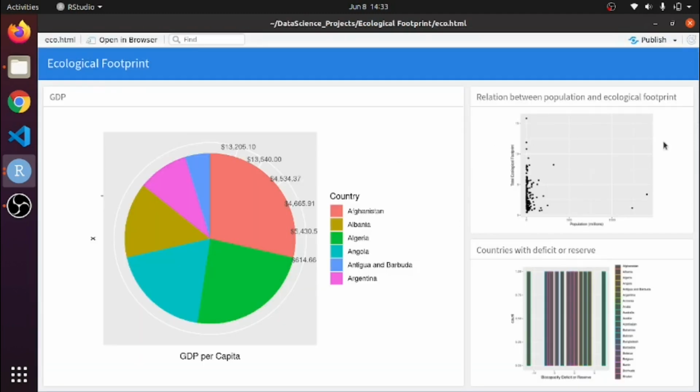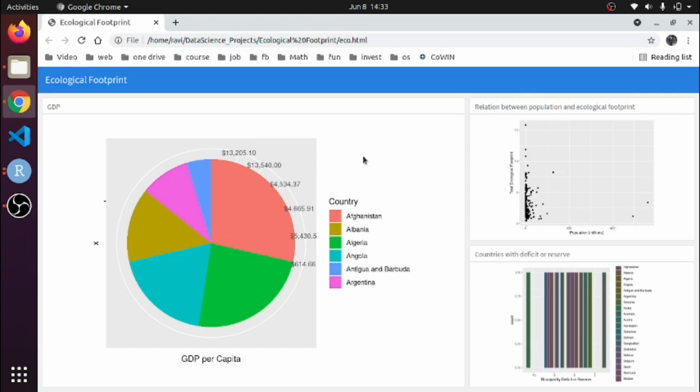So this is your dashboard. If you open this in the browser, this is your dashboard. From here to here, you cut the paper from the upside, and this is 650 pixel, and the remaining part is 350, and the graphs are distributed accordingly.